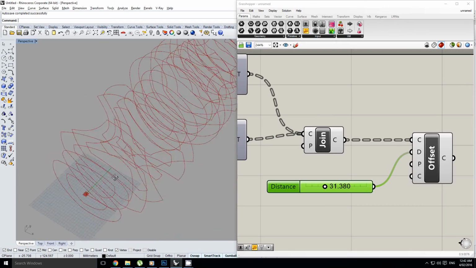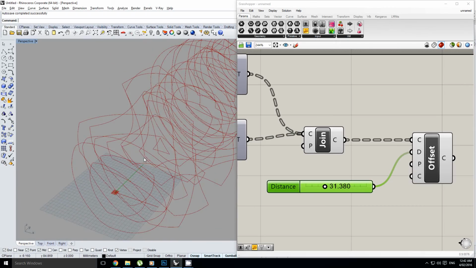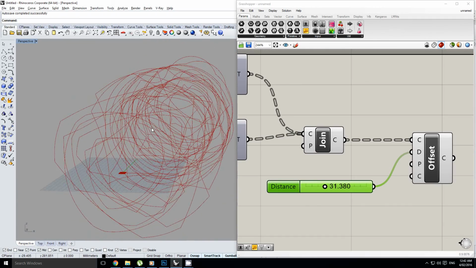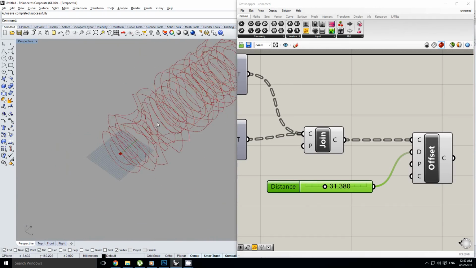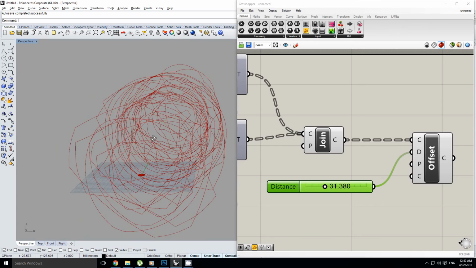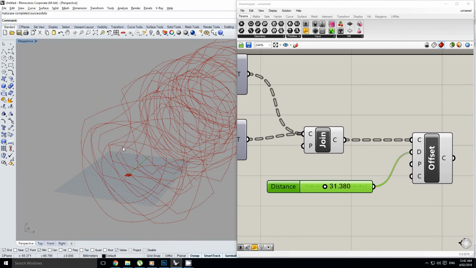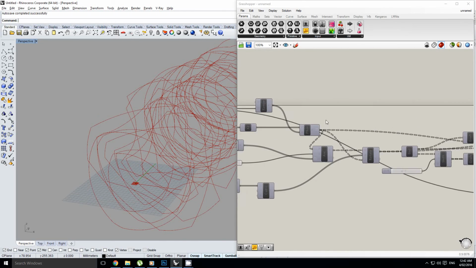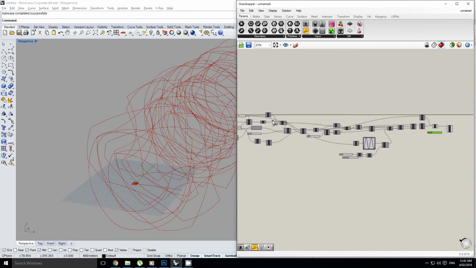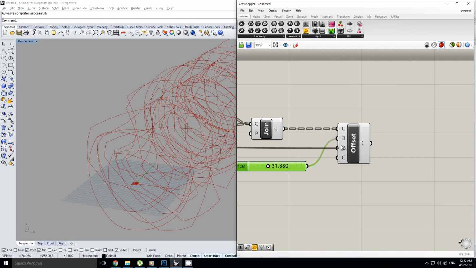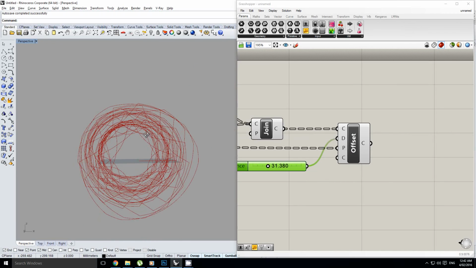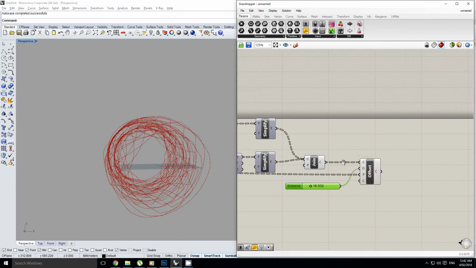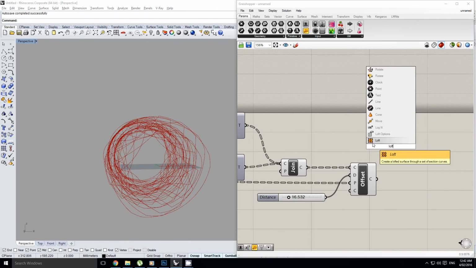What sometimes happens with curves is when Grasshopper is evaluating the planarity of the curve, it's not always going to match up with what you expect. So you can see on some of these curves it's offsetting inwards, and some of them it's offsetting outwards. The way we resolve this is just by plugging all of these planes into our offset as well. That'll make sure they're all going in the same direction. In this case, they're all going outwards. Cool. So now I'm going to loft these together